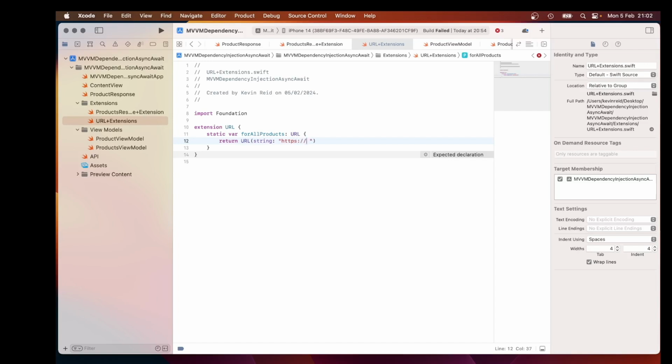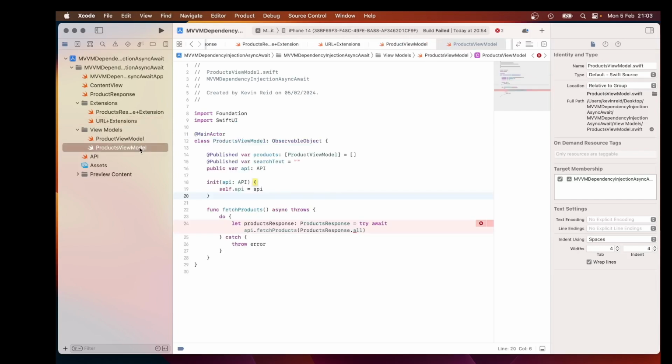HTTPS dummyjson.com/products. Now we need to force unwrap it. Now we need to go back to the product view model. And then within the product view model,